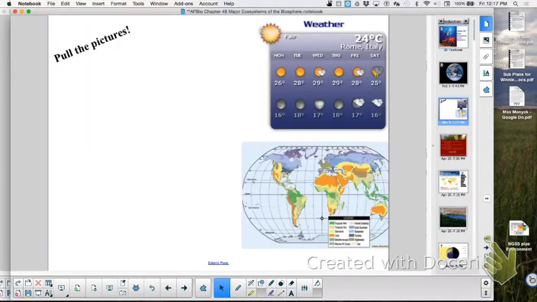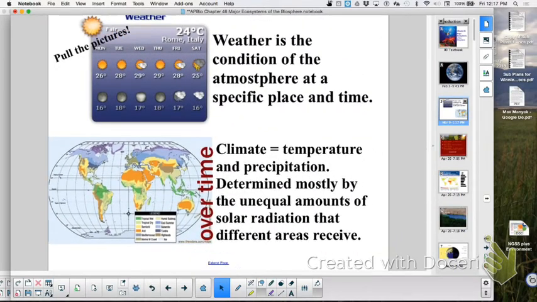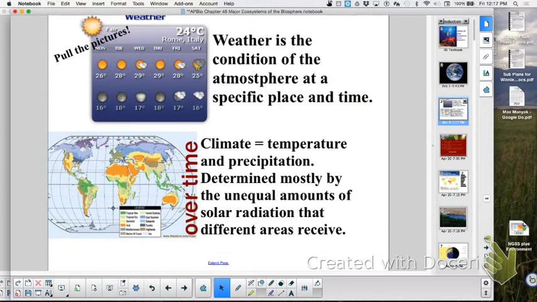First thing you want to make sure you understand is the difference between weather and climate, right? And the example I give you, like a real cheesy example, is that weather is your outfit on the day, what you're wearing that day because of the conditions of that particular day. But climate is what's in your closet over time for that particular area. And that is based primarily on temperature and rainfall.